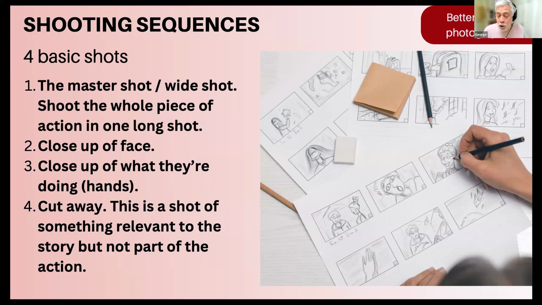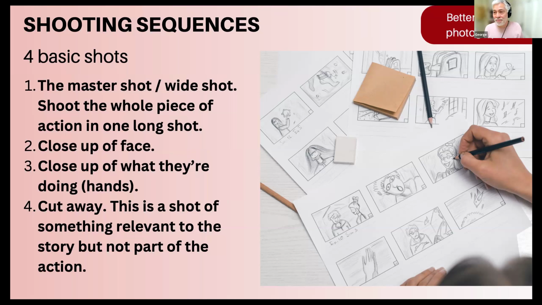The cutaway is the shot that gets you out of trouble when you are editing. The cutaway is a shot of something relevant to the story, but not part of the action. The reason you want that is typically what will happen is we will shoot stuff in a way where there is a continuity problem. Continuity is where things were different the second time compared to the first time. And an example of that is